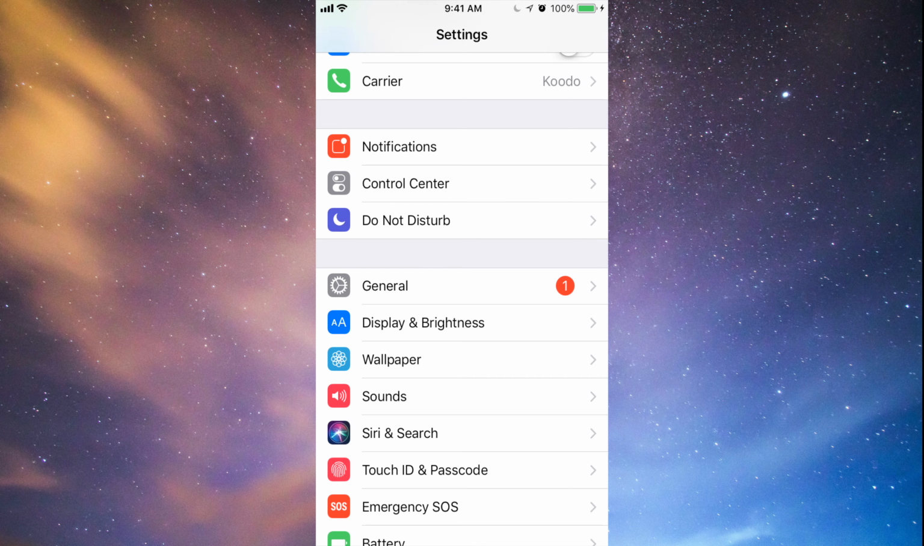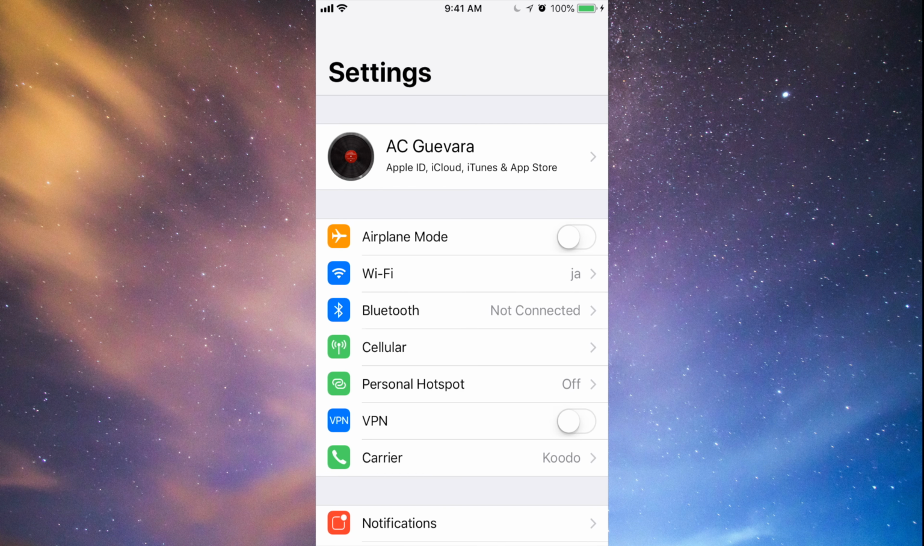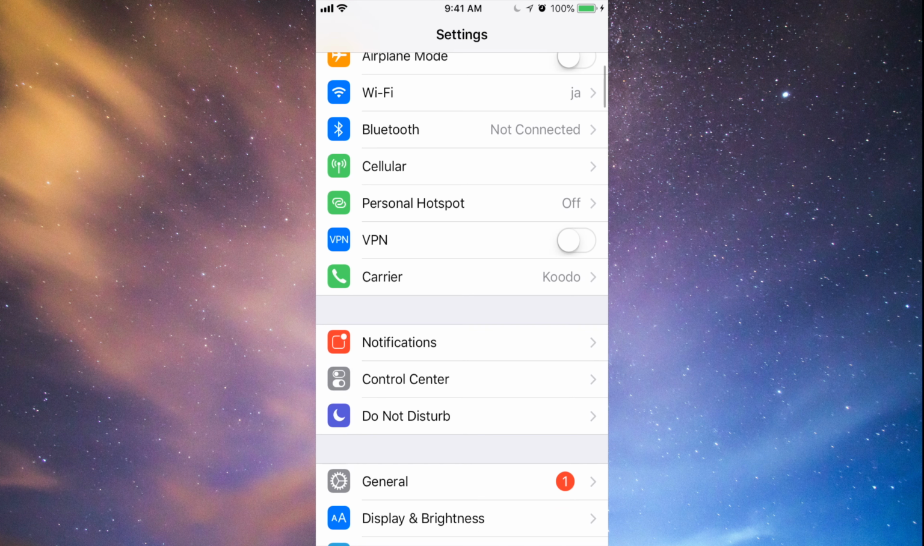But just before we do that, just make sure you do a backup, and that's just in case things go wrong. You guys can always restore your backup, and you guys will not lose anything. So I highly recommend doing that. And just do that by tapping up here and then just manually make that backup,